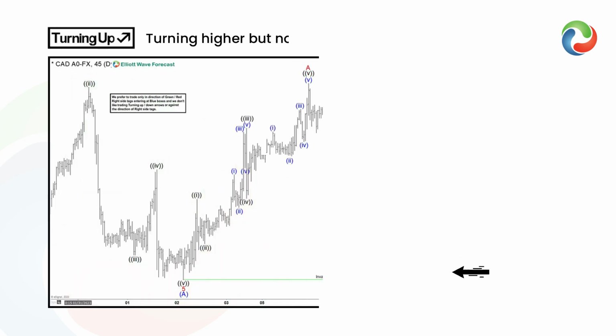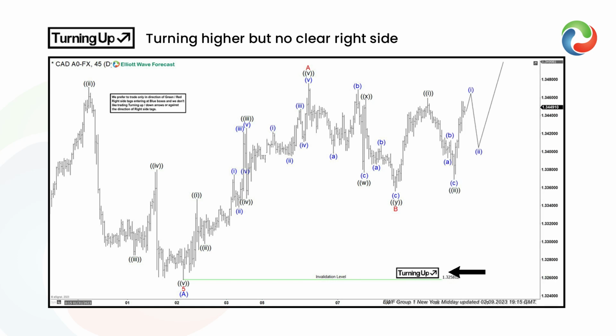Here's a turning up tag which indicates a down cycle has ended and the market has turned higher in a correction or in the process of starting a new cycle. This indicates that until the previous high breaks, the right side won't turn bullish and a double correction lower